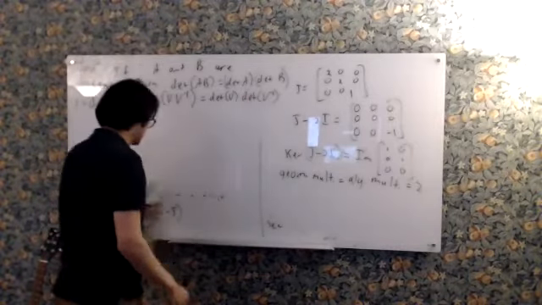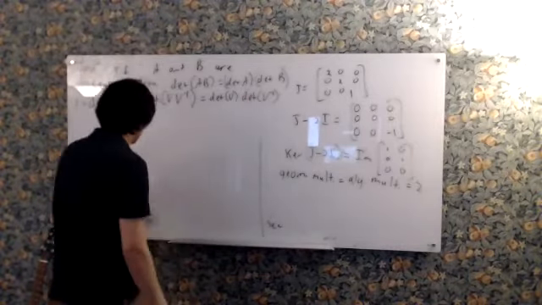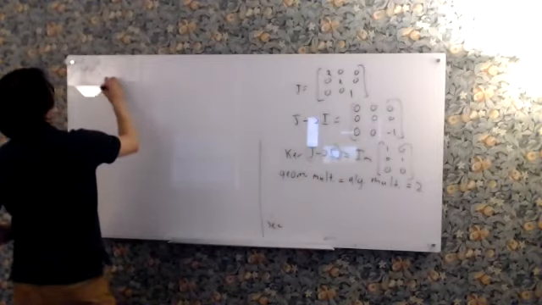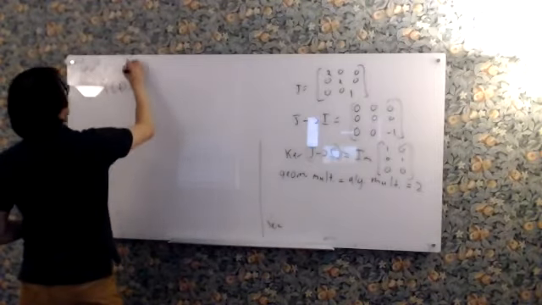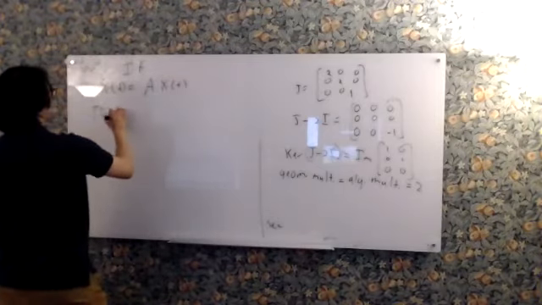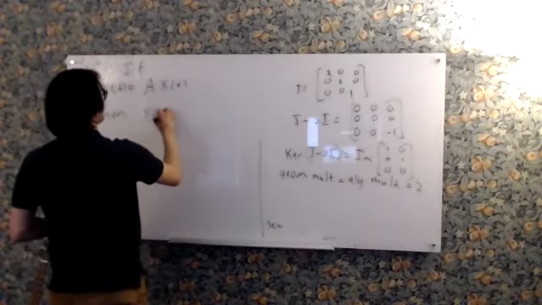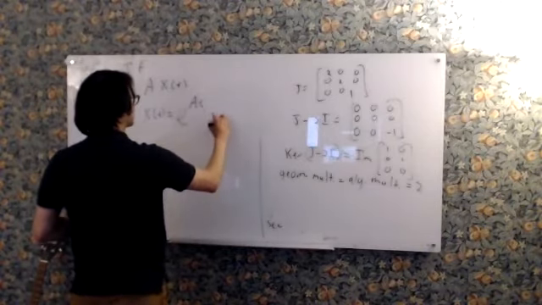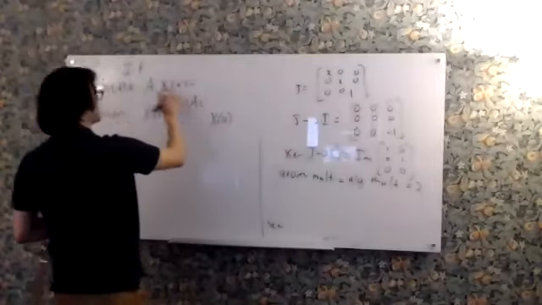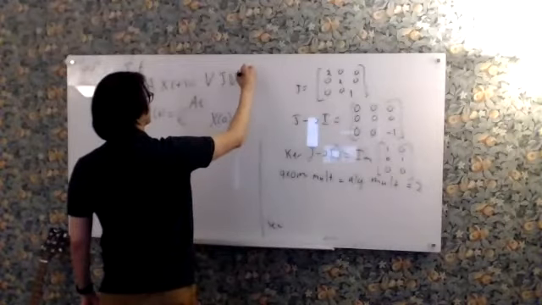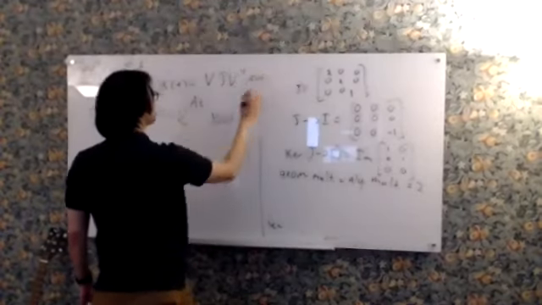And the reason is, recall that if x'(t) = A x(t), then x(t) is just given by our matrix exponential. And if this has a Jordan decomposition that looks like V J V inverse,